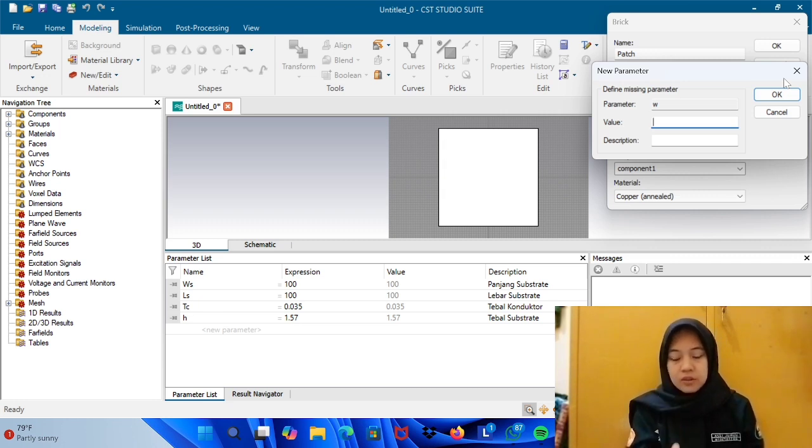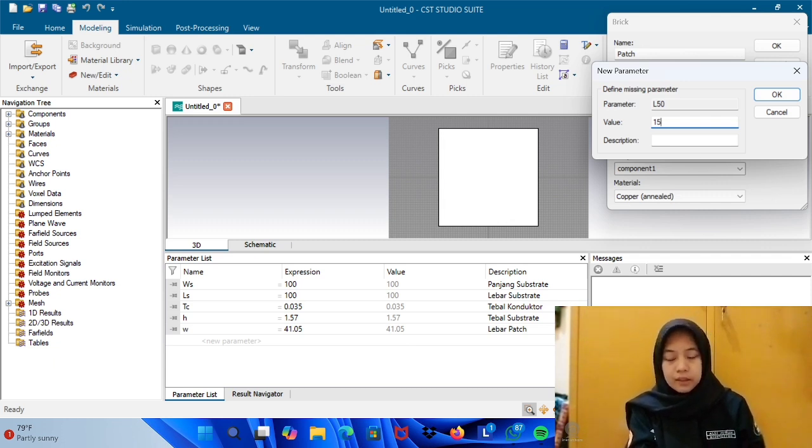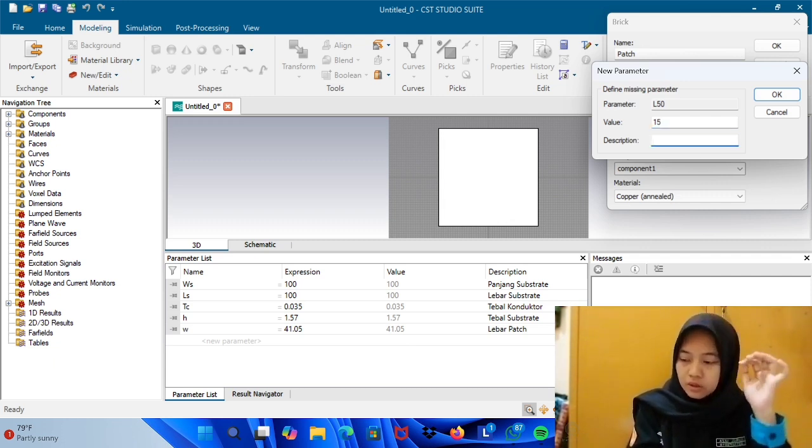For W, 1.05 is the width of the patch. Yes, 50, 15, for the height of the port.